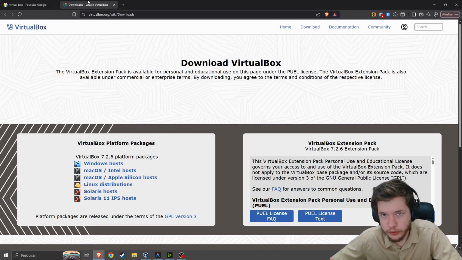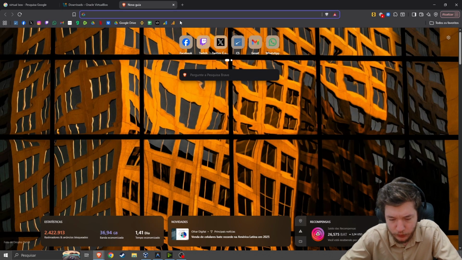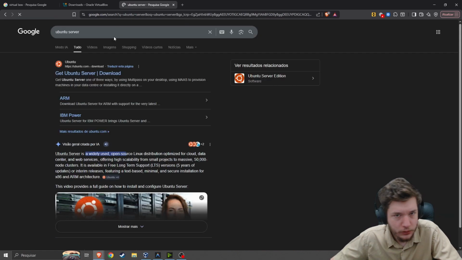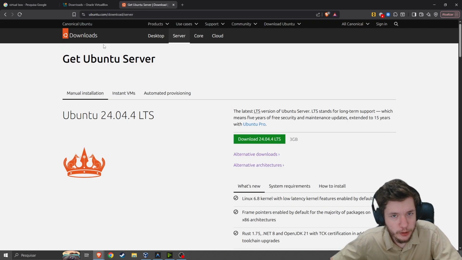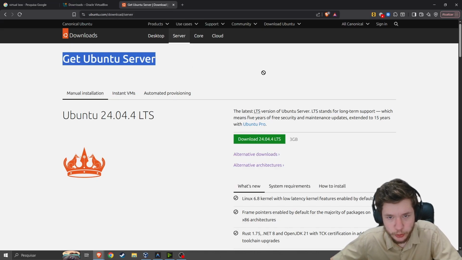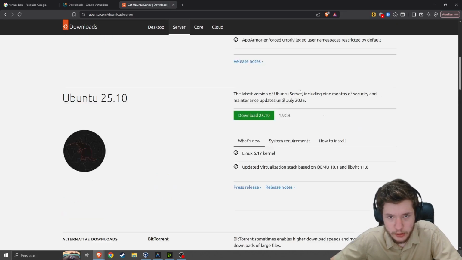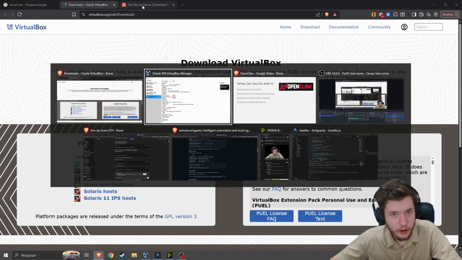I'm not downloading it because I already have it, and we're gonna need to install an Ubuntu server ISO. So just look up Ubuntu server, and you're gonna see this, get Ubuntu server. It is 3 gigabytes. Just download it, and it's going to get the ISO to install Ubuntu on the VM. After you get these two things, you're gonna open up